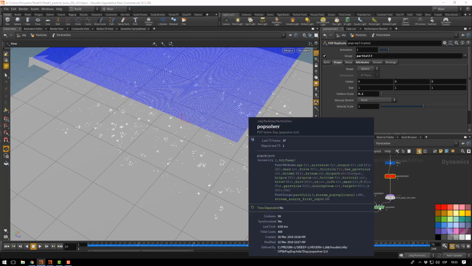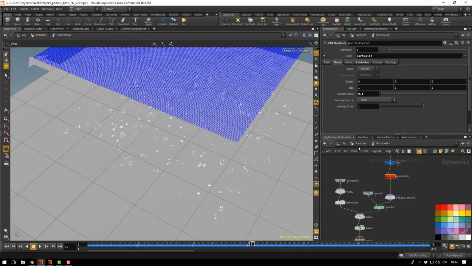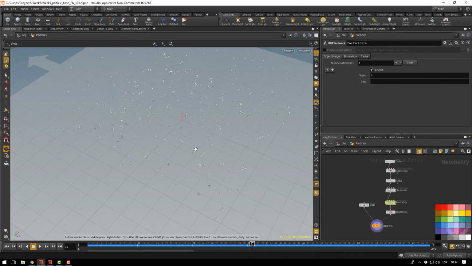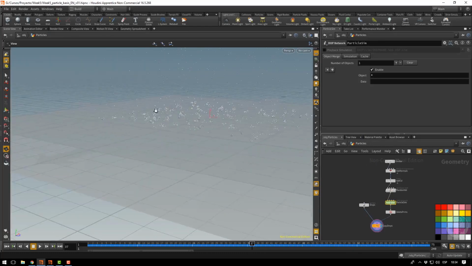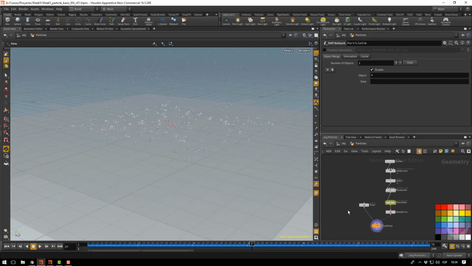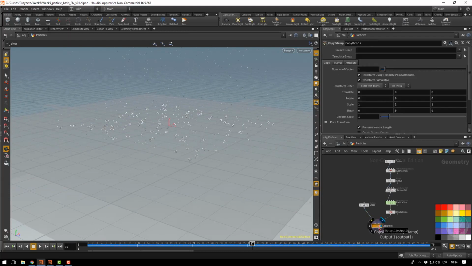And okay, if you hit the middle click button, we'll see a pop collision, the new pop replicate particles, and the first input. So we have 3 groups that we can play around with, modify, emit, do whatever we want. Once we are happy with this, let's do some tests over render. But let's see first,